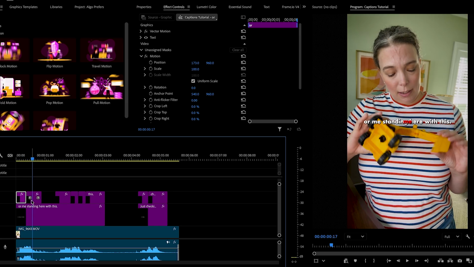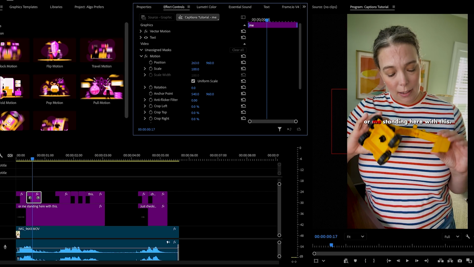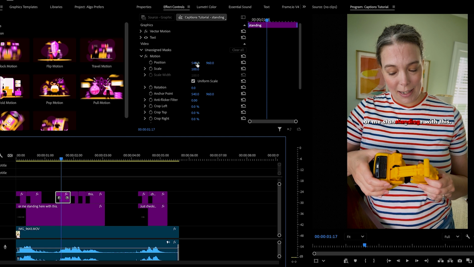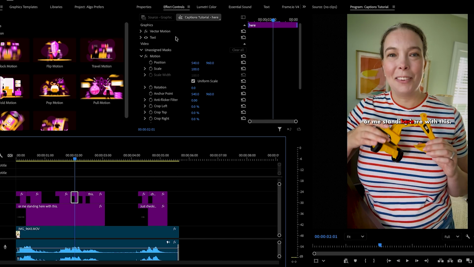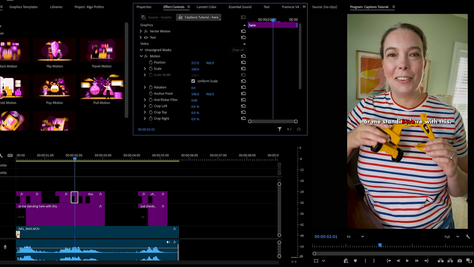We'll come over to the next one. I will select it. And we're just going to go through the whole timeline, moving these words so they are sitting on top of the single line of captions.